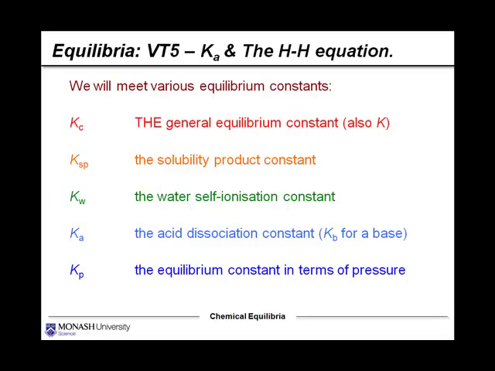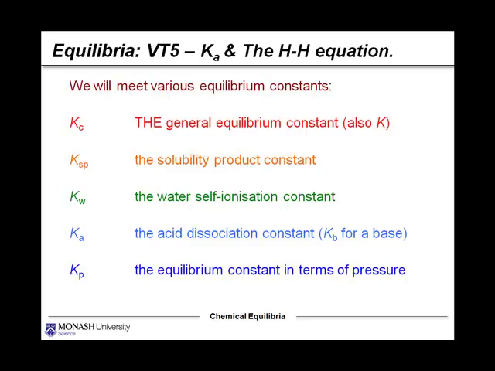Well, welcome back for the fifth in our series of short video tutorials in this mini library I've created for the chemical equilibria topic. So far we've actually met at least 5 different equilibrium constants. We've met Kc, Ksp, the solubility product, Kw, Ka and Kb. And in this video tutorial we're just going to take that one step further, and we're going to talk about